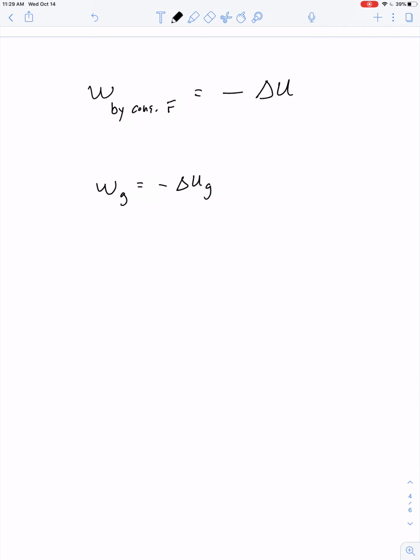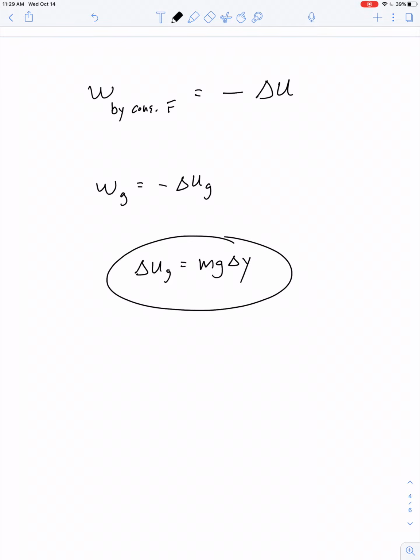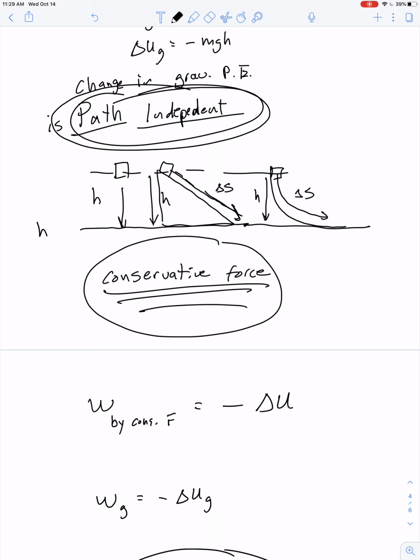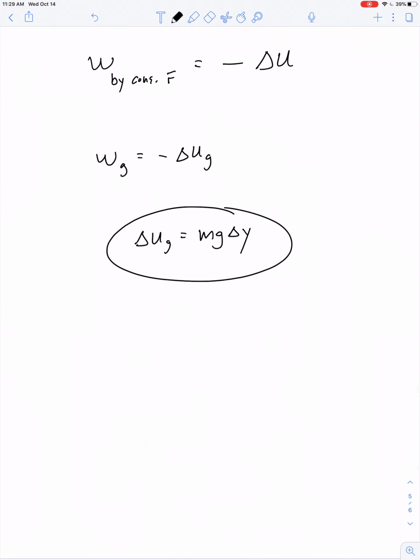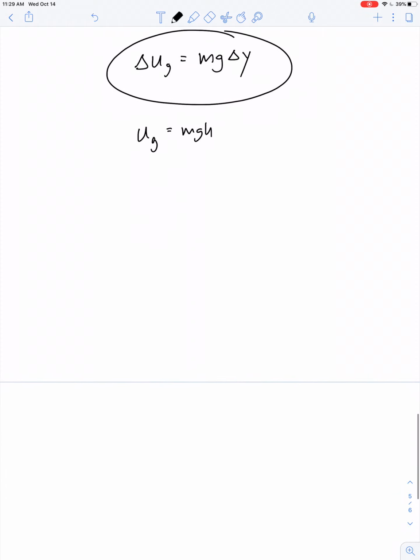And now it seems like we've derived an equation then for change in gravitational potential energy. It's equal to mg times change in vertical displacement. If you always set your reference level so that height equals 0 at the ultimate vertical landing point for the object, then we can say the initial gravitational potential energy is equal to mgh. However, gravitational potential energy is actually somewhat of an